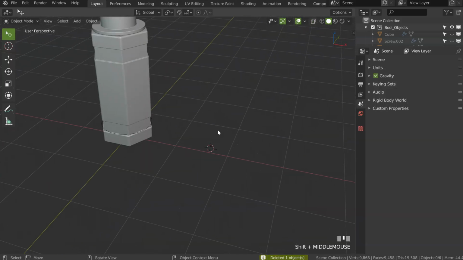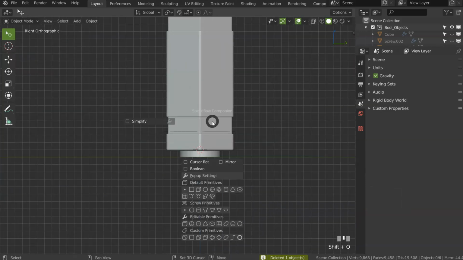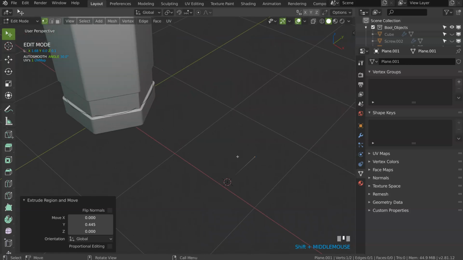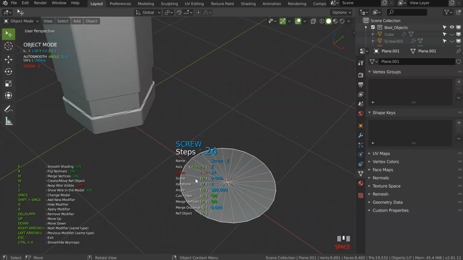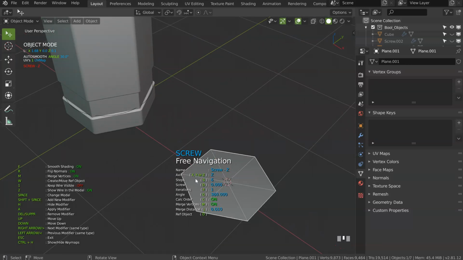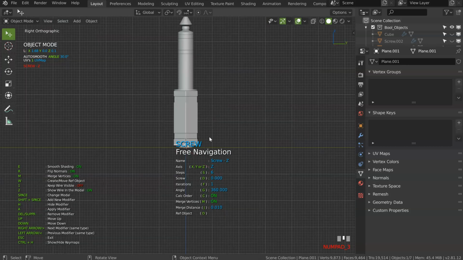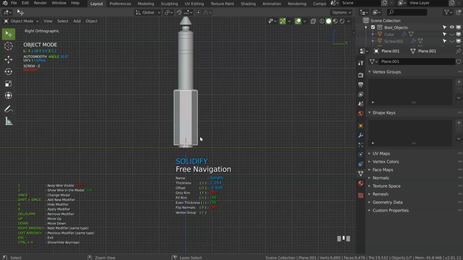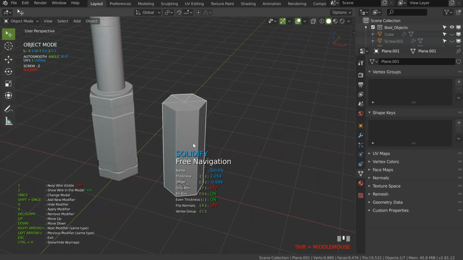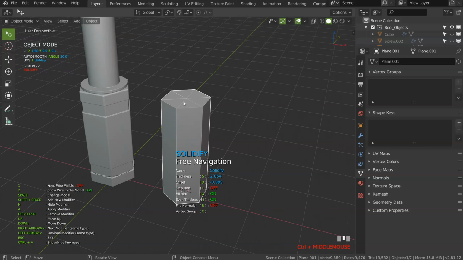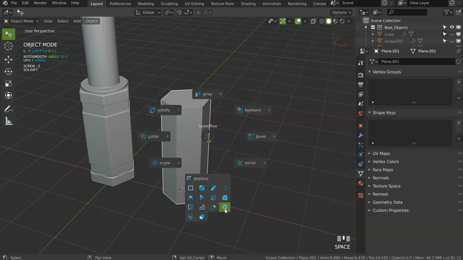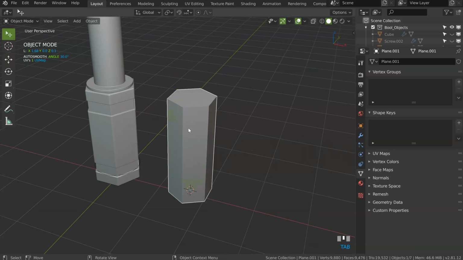Or if you want, you can come here, add a simple vertex and use SpeedFlow to do this. Bam. Add a screw, I will press S6, like that. Add a solidify, like that. And boom, you will have the same result. The difference is you will have this, but you can do this on the cylinder too. And after you can, in fact, apply everything. Shift and click, boom, and everything is applied.